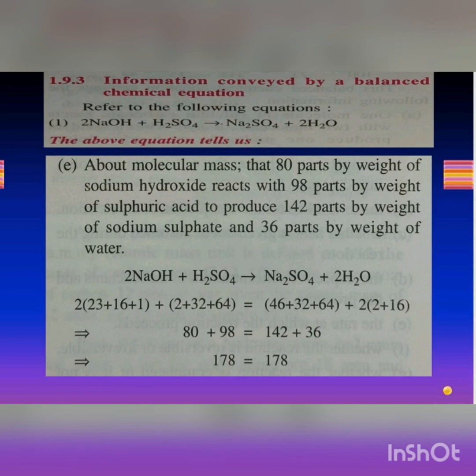Whereas oxygen has 6 protons and 6 neutrons makes it 16. Hydrogen has only 1 proton, no neutron, so that is 1. So if you club it all, it is 40, but we have 2 molecules of NaOH. That makes it 80. This is the similar way every element's molecular mass is calculated, and if you see, it shows that it is equal on both the sides. So we see the mass is 178 here for this equation on both the sides.